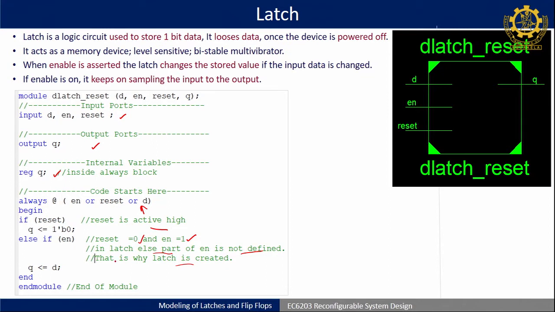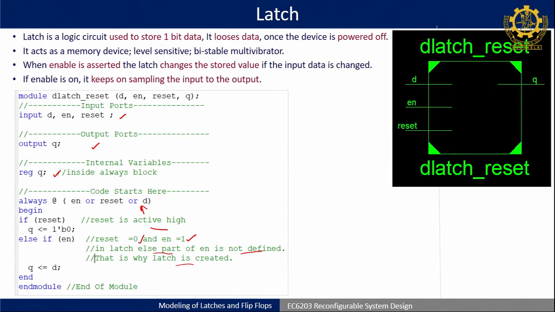So, by chance if you are giving your else part, then it may create certain other logic gates, because if you are giving else and you are writing q equal to 0, there may be a chance you get a D AND gate, with one of the inputs as d and the other as 0. Okay. So, if you dedicatedly require a latch, and generally in if else we do not provide all the conditions.